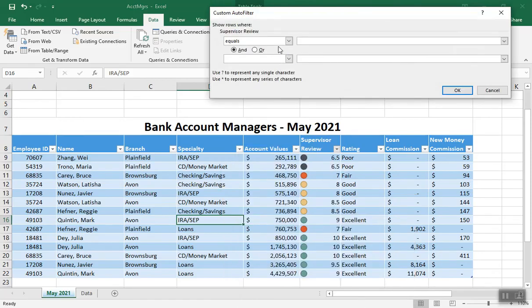And we're going to say if supervisor review is greater than or equal to 7 and is less than or equal to 9. So it's between 7 and 9, inclusive. Between 7 and 9 would be included if it matched that criterion. Okay? When we say criterion, it's almost like the spaghetti strainer, where you've got water and noodles and you pour